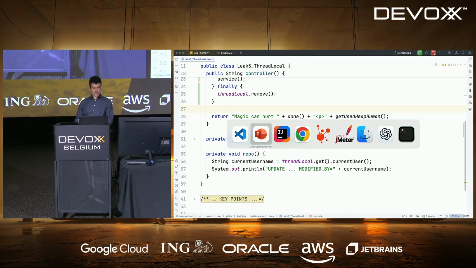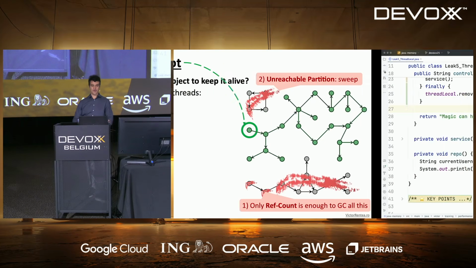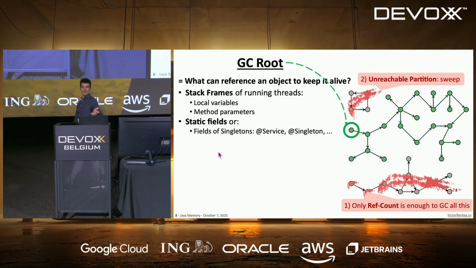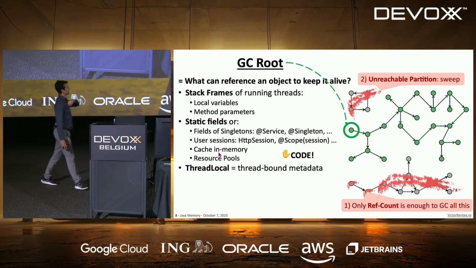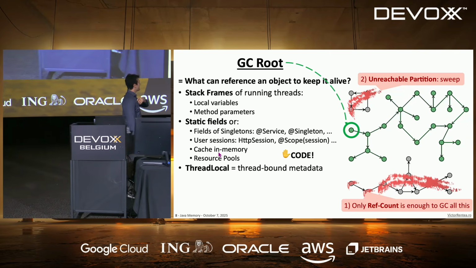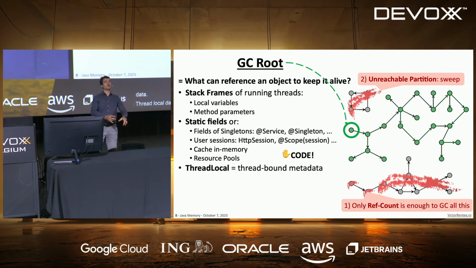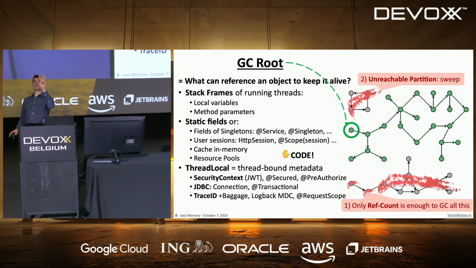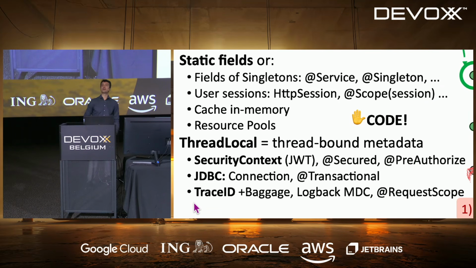Good. So you see, in this slide about the garbage collector root, there is a missing piece here. Besides the stack frame and static fields and their friends, there is a missing piece which is very often mysterious, ThreadLocal data. ThreadLocal data, which is invisible things belonging to the thread executing the code at that moment in time, right? And now there are 3 main things that you can find on ThreadLocals. Security context, I'm talking Spring now,